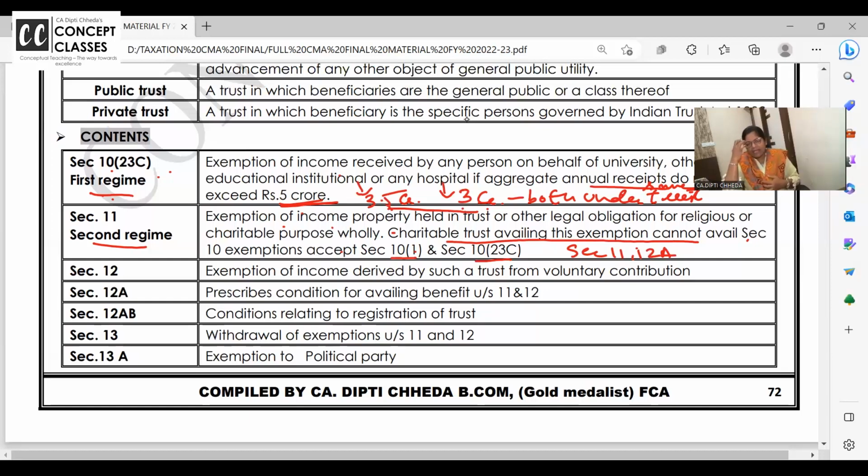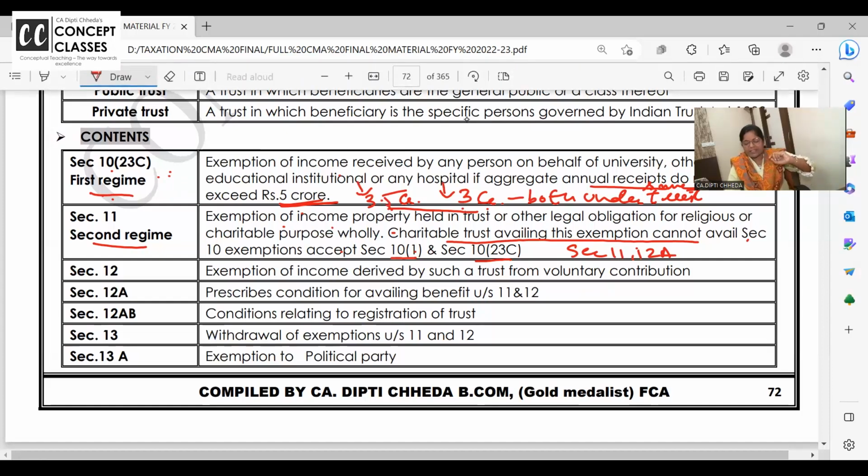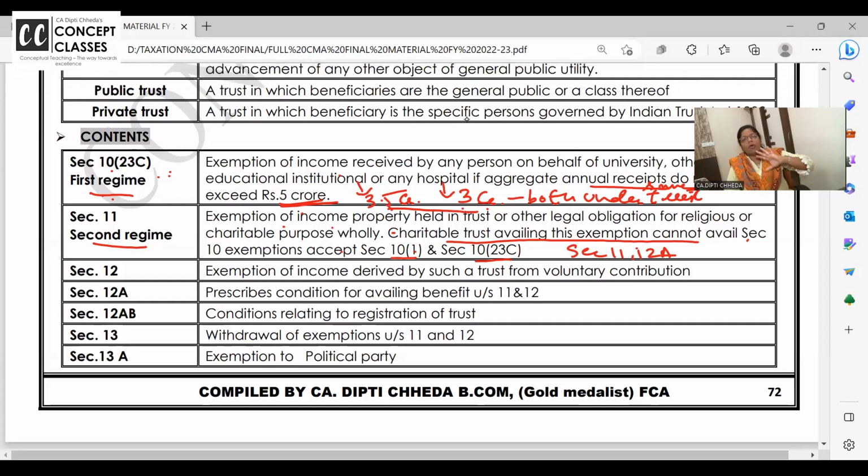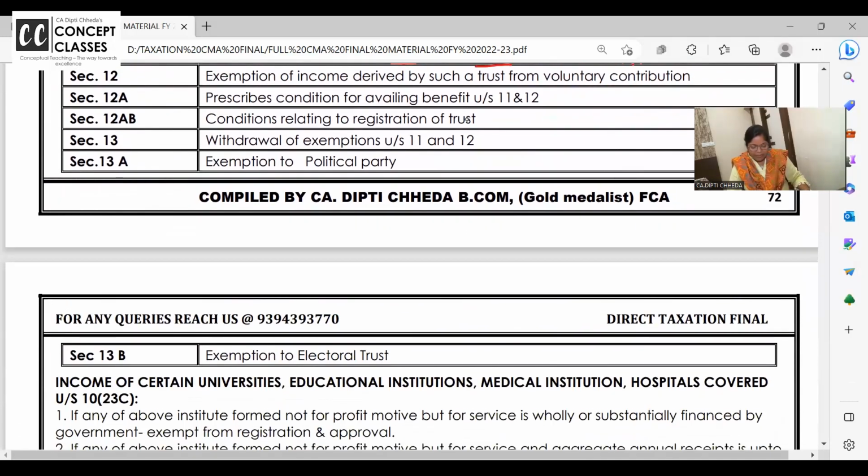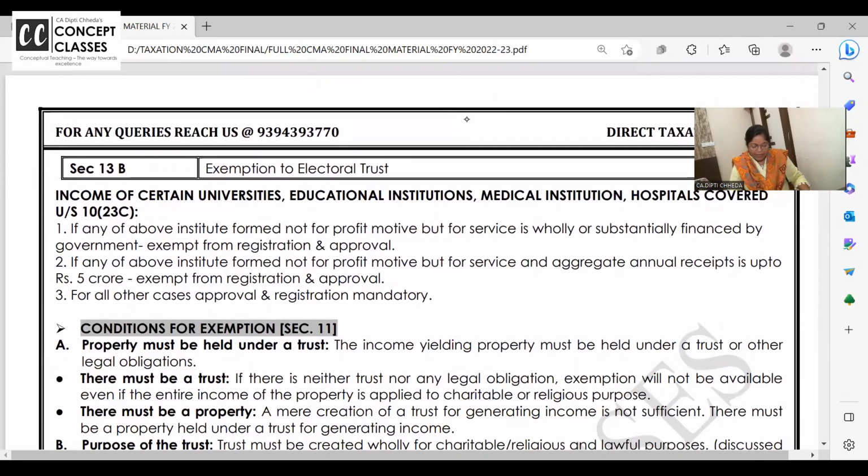Yesterday we saw that under 11 and 12A your whole income will be exempt subject to some conditions. So 10, you all know the 10 series, so many exemptions are there. 10(1) is agricultural income, 10(23)(c) is this. Except this, nothing else exemption will be given to the trust. Clear to all of you this part? Okay, let us move ahead.